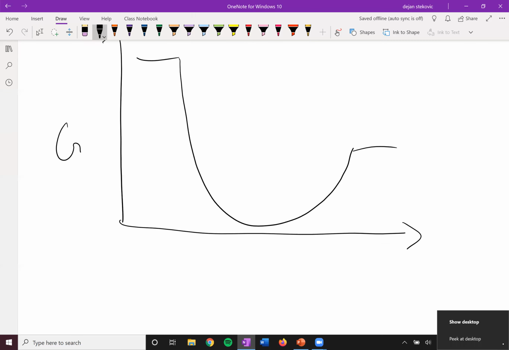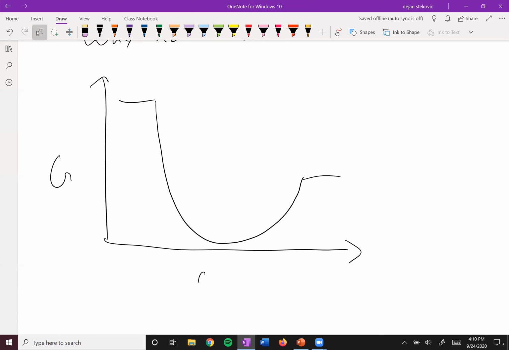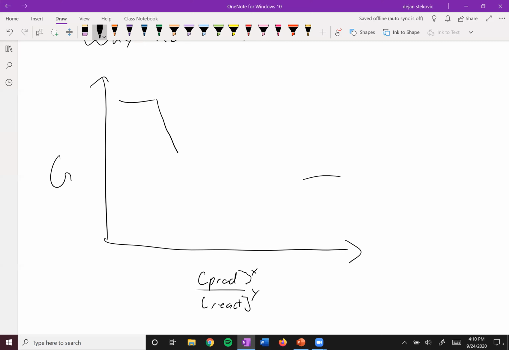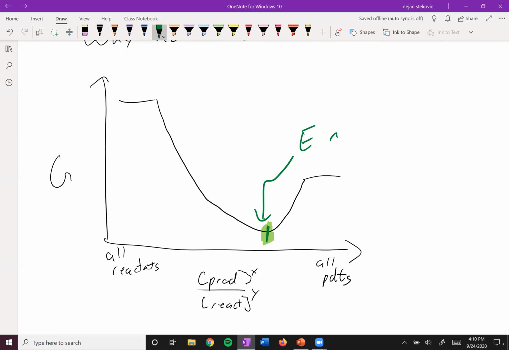And so if we take a look at this x-axis, what this is a ratio of products over reactants. And so we can see that neither fully all products or all reactants is going to be the lowest in energy. The lowest in energy is going to be somewhat of a mixture, but it's going to point towards whichever one is lower, right? So if on the left we have all reactants, and on the right we have all products, this right here would be our equilibrium, and it's going to go towards more product. And so this is your energy minima,